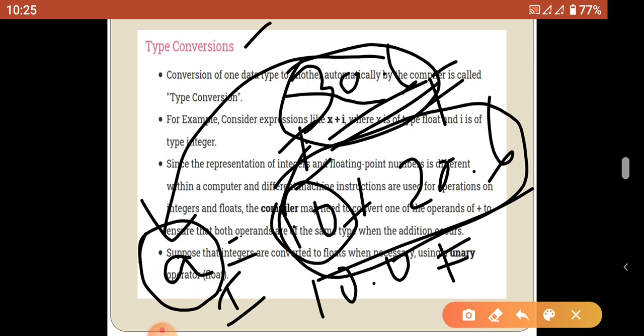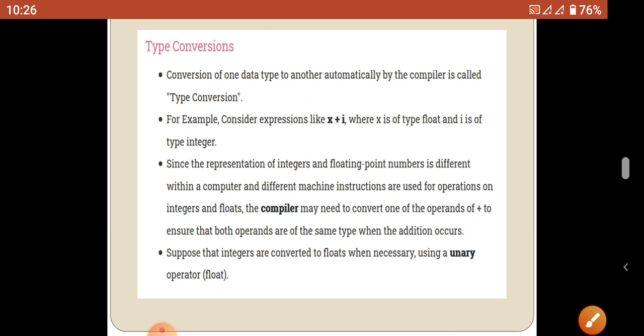The right side is a floating result, but the left side is an integer operand. So 0.6 is deleted, and 30 may be loaded. In some other languages, no result will be loaded, that is 0 will be loaded into A because of a type mismatch error. So you may lose the floating point numbers, or otherwise the whole number, when we are converting the higher data type into a lower data type. So most probably the compiler converts the lower data type into the higher data type to avoid data loss. This concept is called type conversion.